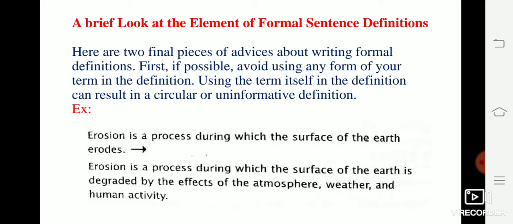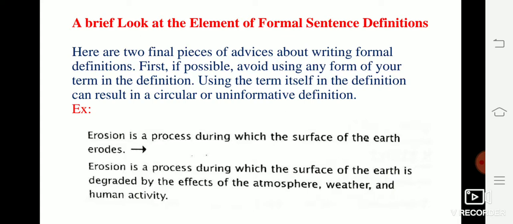Here are two final pieces of advice about writing formal definitions. First, if possible, avoid using any form of your term in the definition. Using the term itself in the definition can result in a circular or uninformative definition. So please look at the example. Erosion is a process during which the surface of the earth erodes. It's somewhat repeated, because